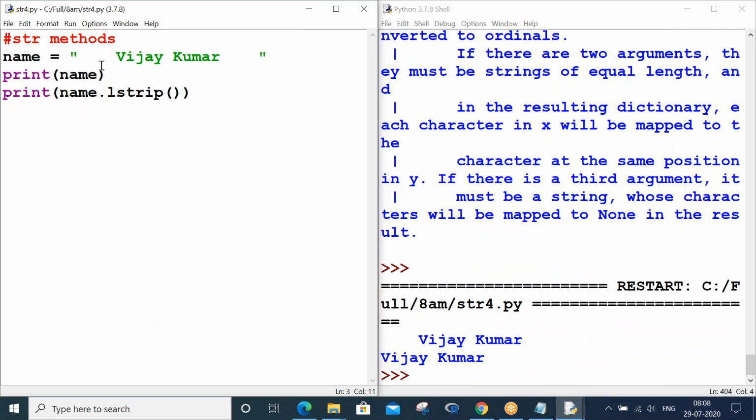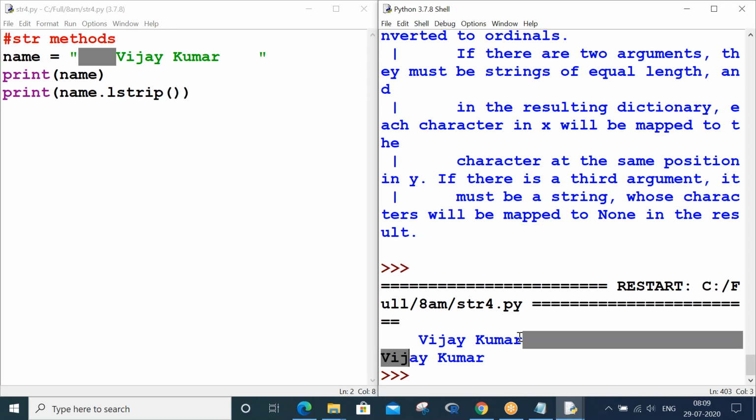So when I print name, you can see on the right side, the very first line with the spaces it is showing, both on the left side as well as the right side. It has left spaces at the left side. These are all these spaces, hope you can realize, right? And these right spaces are all there here also. You see that gray color copying is happening up to 4 or 5 characters, till the space that is there in the actual name. But after that, if I hit the right arrow, you see it is going towards the extreme, right? So that's what it means. It has printed with the spaces.